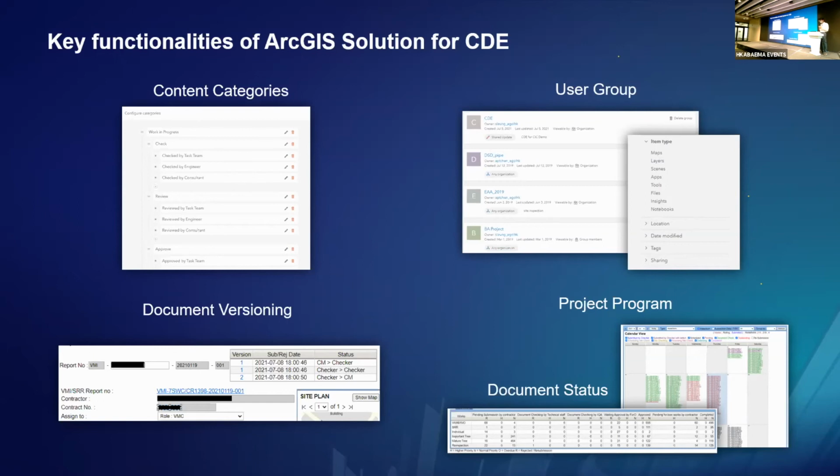Apart from the security, we also talk about document versioning. On ArcGIS, when we upload data, we can research the historical information of the data. As you can see, we keep the date and the status of the document, and also the authorization code of the document. And for a broader scale, we have a project program that will classify all these data and documents in a calendar view. We can generate a table as a summary to help us understand the overall progress of the project.